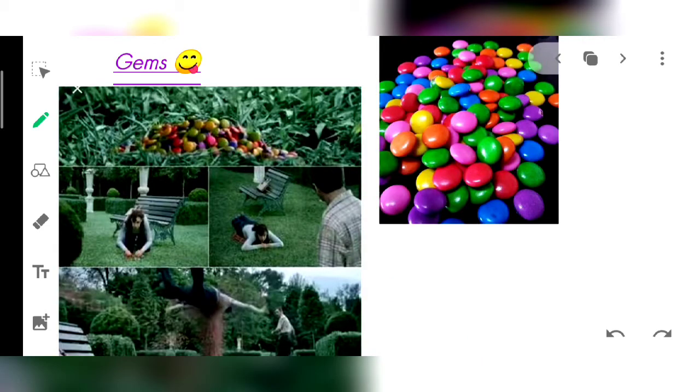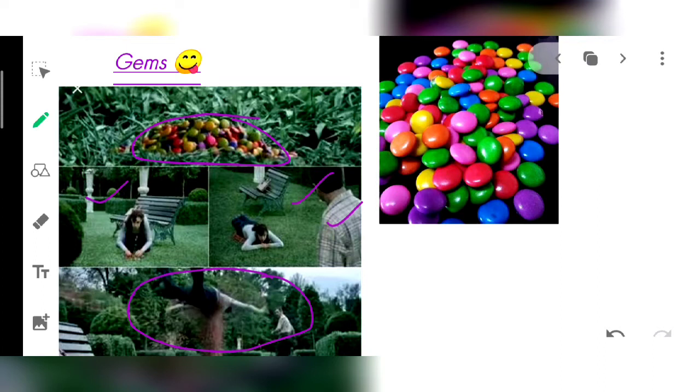Okay, let us consider a Gems ad, in which we can see a small amount of Gems coming out from the ground, and the lady watching it starts to eat the Gems candies. Then she hides the Gems candies from the person standing nearby. Finally, you can see that the lady is thrown out to the sky by the Gems candies coming from the ground.